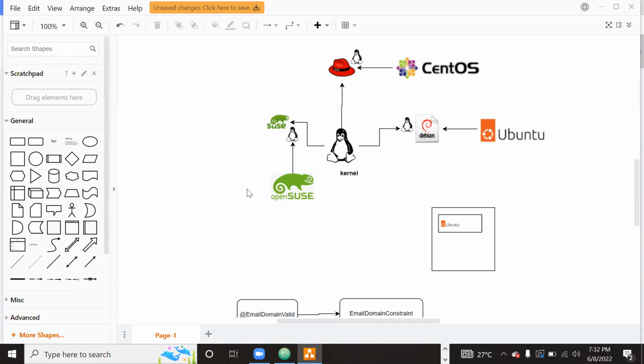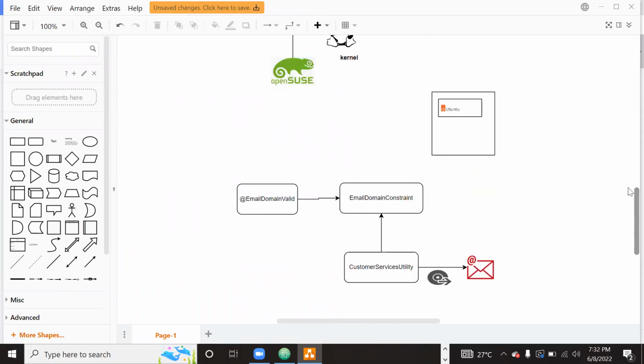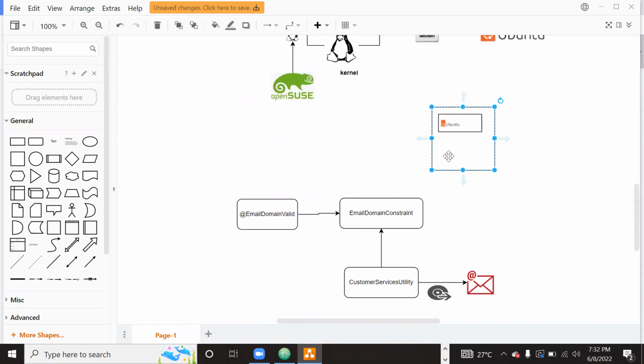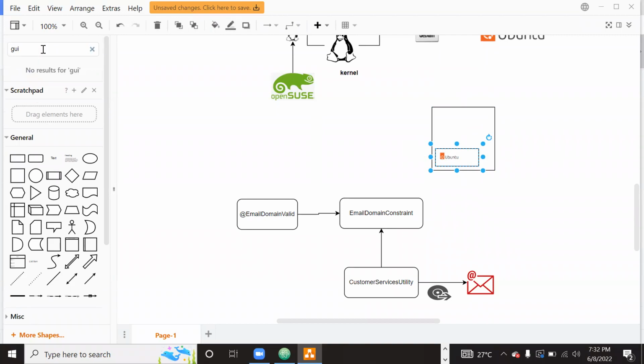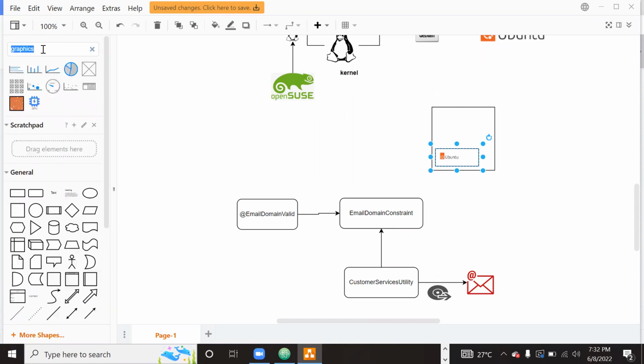So on the operating system, for example, this is my machine, and inside that I installed the operating system, right? So on top of it, if I install the graphical user interfaces,